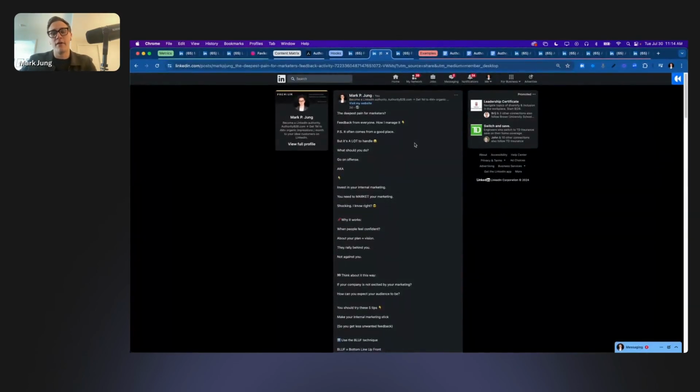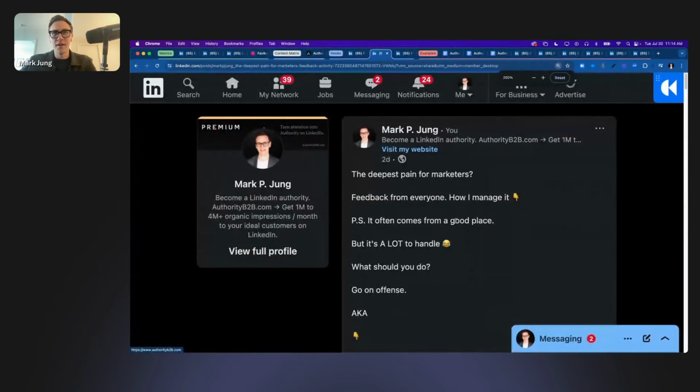And then I paired it with, again, a simple text hook here. And this is the same thing for video, right? "The deepest pain for marketers: feedback from everyone. How I manage it." And then I go through my step-by-step process. So again, see here, my whole point is, I could say something like, "Oh, feedback is difficult to deal with, right? Here's how I manage it." But take a second,